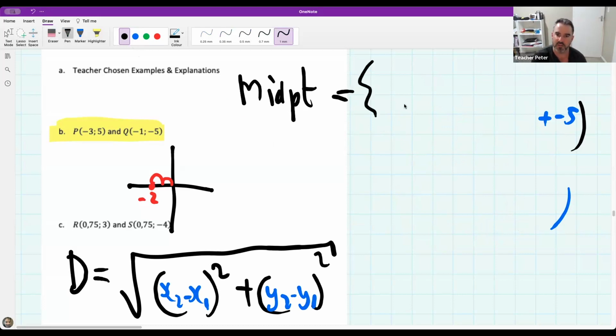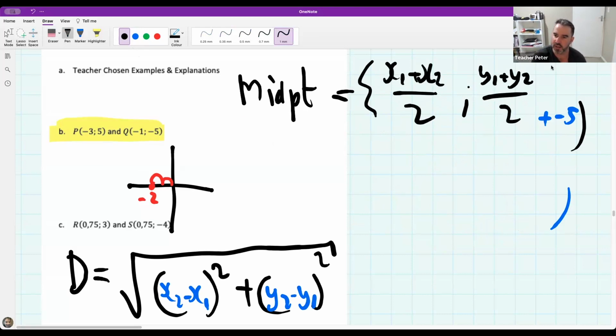And this formula was even simpler. It just had a divide by 2 at the bottom, and then I had to add the 2 x's, and for the second bit, add the 2 y's. And that was today's lesson. So I'm just going to put a little